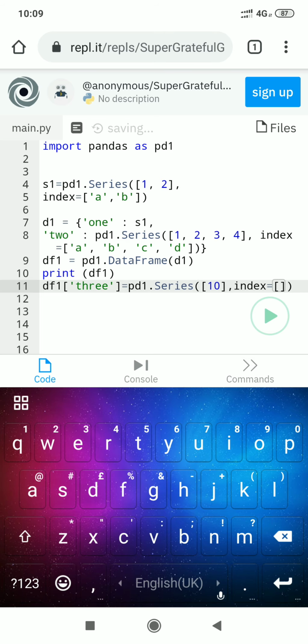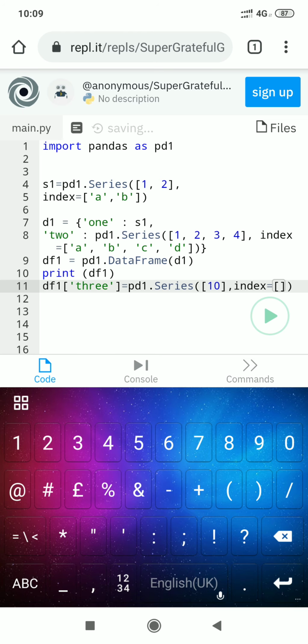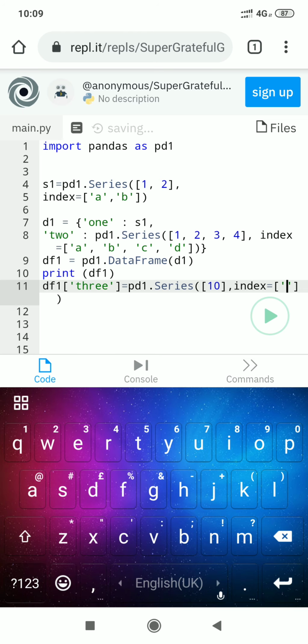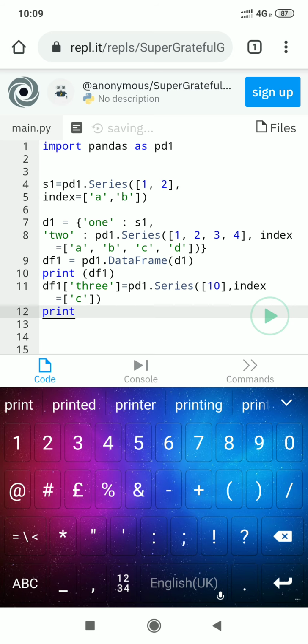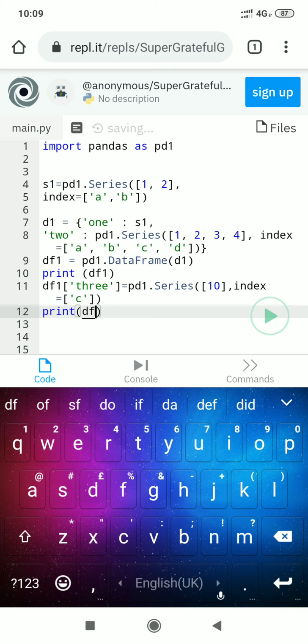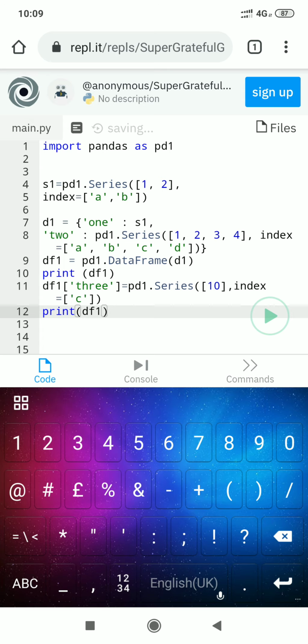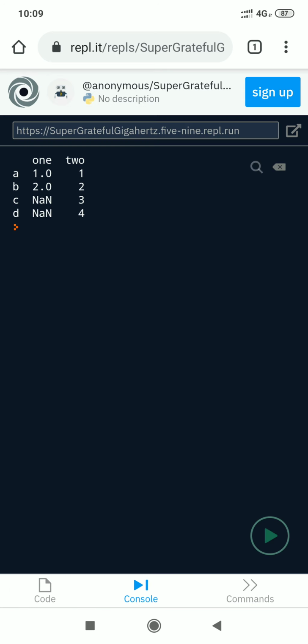Here I am mentioning the index C. Now I display print df1, execute the program.